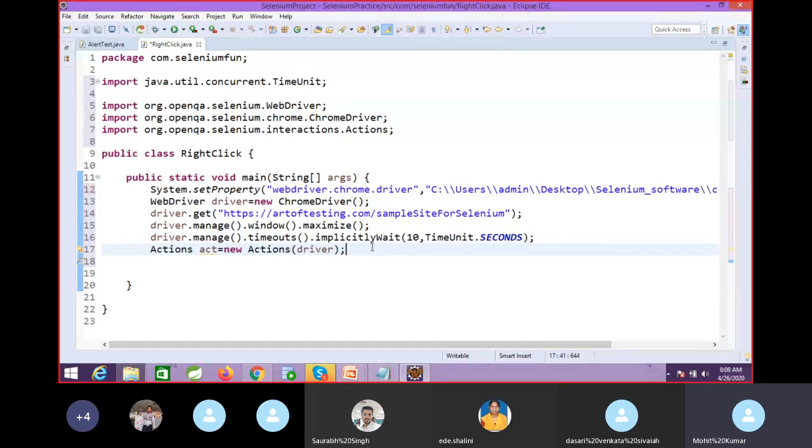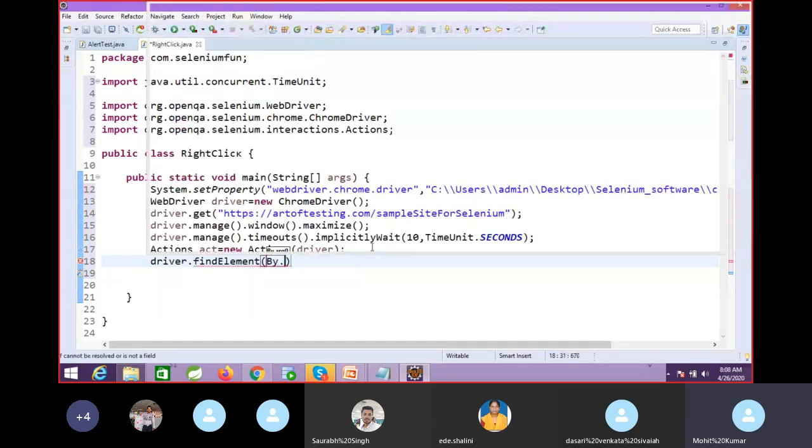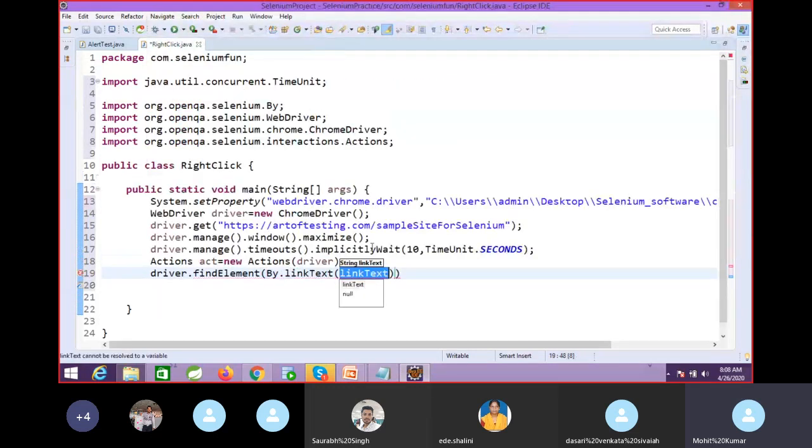There is a live demo link where every day they will assign one test case to your mail. Then you have to automate that test case. So first we will learn this basic Selenium. Then after that you can do the practice from there, like real time. Okay, so here we will find this element. Find element by XPath. So okay, I selected it.